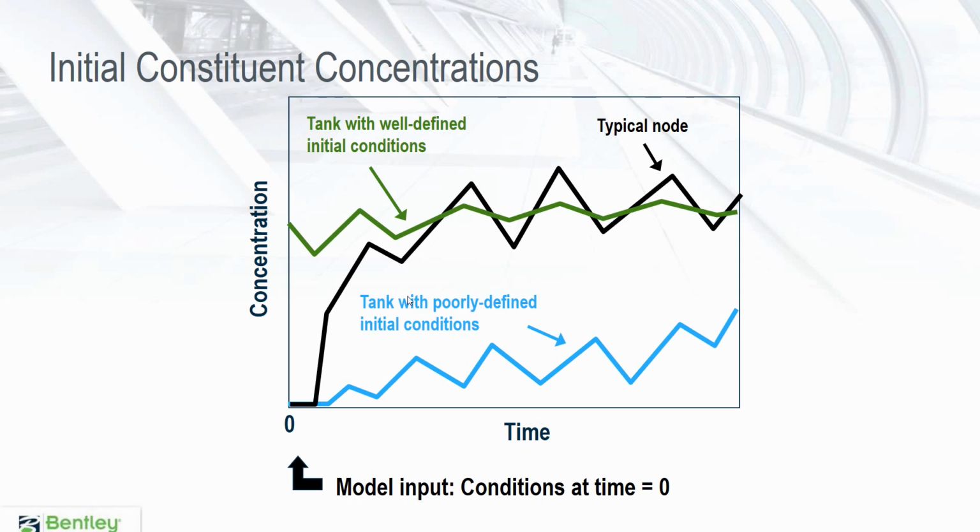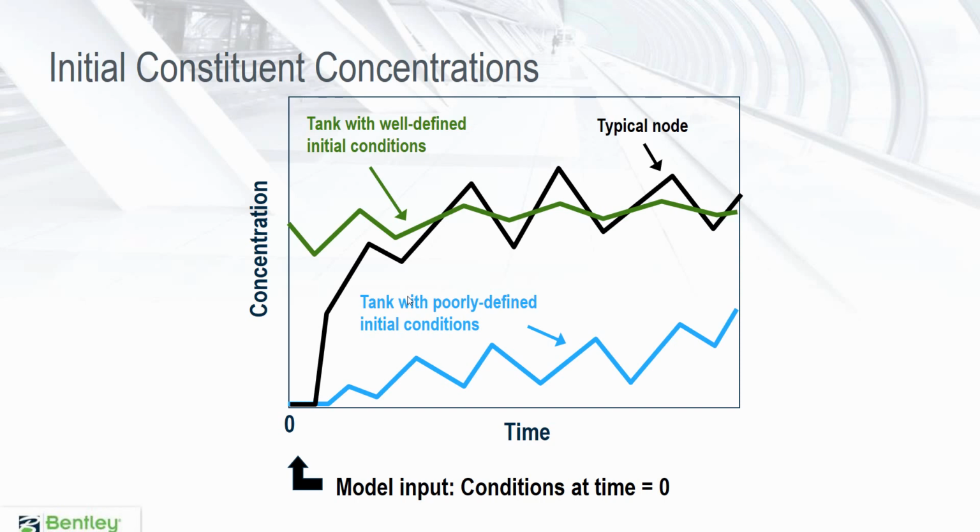I guess if they are zero, then that's probably why you might be caring about disinfectant residuals. But generally, the tanks have some concentration. Generally, the water in the pipes has some concentration already. So you'll have the opportunity, that you'll see here in just a moment, to pick initial concentrations for nodes, for tanks. Make sure that you are picking something that's realistic and that makes sense,